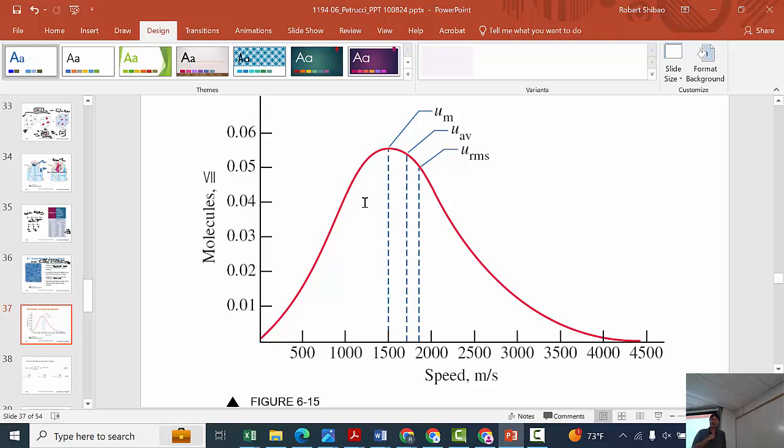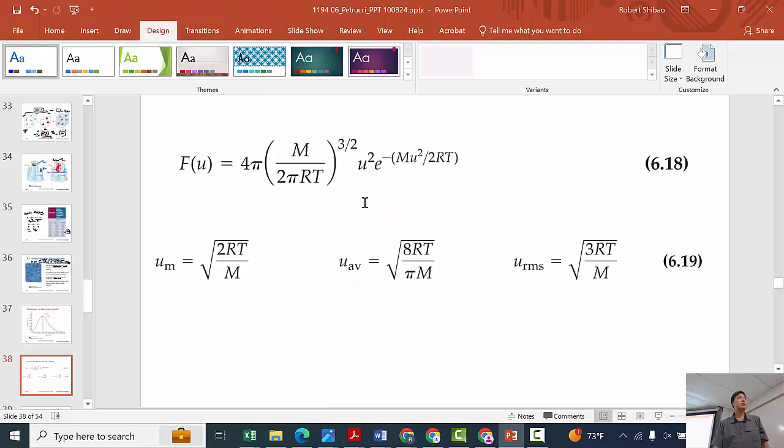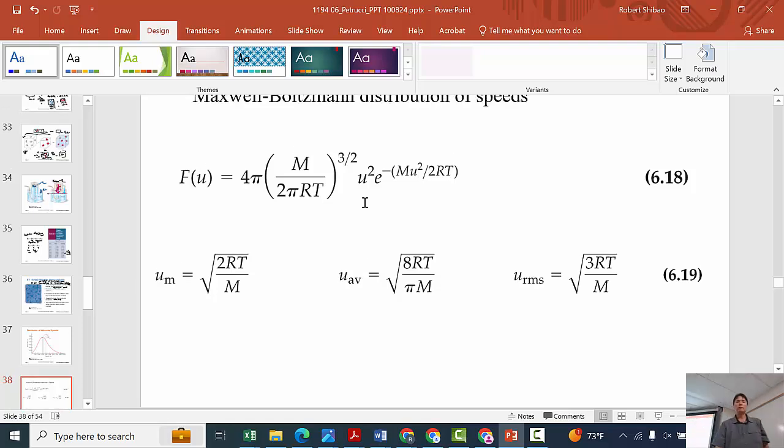Let's say I don't like having slow water molecules or fast water molecules. I want all the water molecules to be the same. So the u_rms is most important. Although we can calculate the other speeds and figure out the